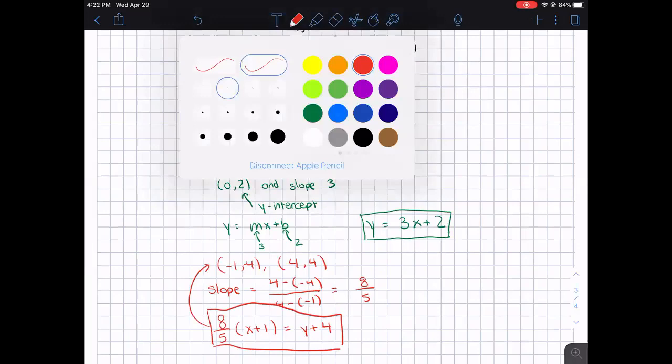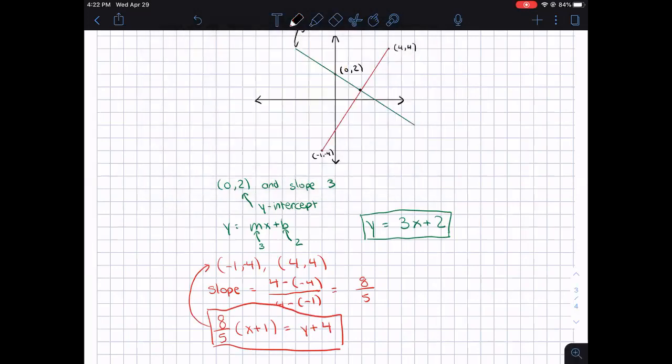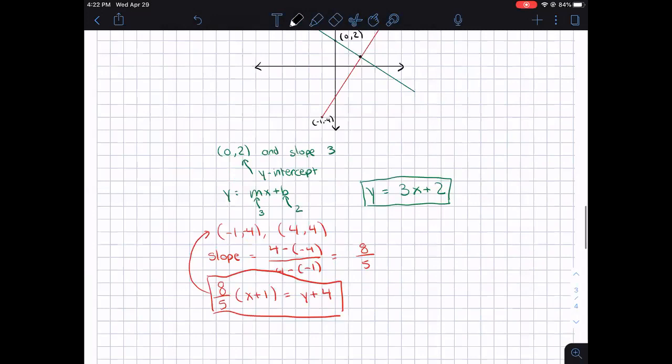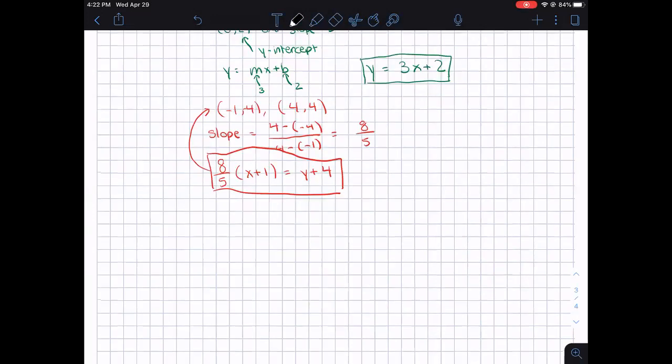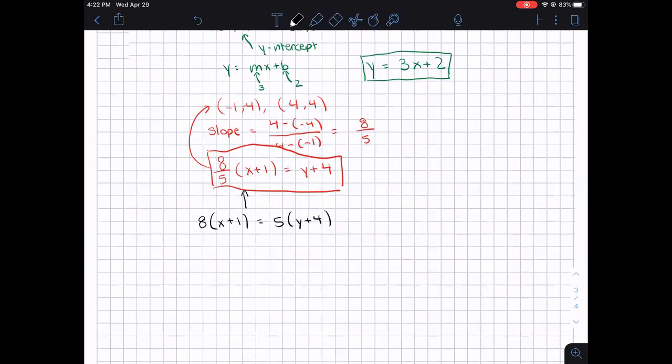And the last step, we want to find this intersection right here. And to find that, we have a system of equations. So we have these two equations, and we want to find x, y such that both are satisfied. So let's simplify the red one first, because it doesn't look very nice. So we multiply both sides by 5. So 8 times (x plus 1) is 5 times (y plus 4). And just expanding this more,